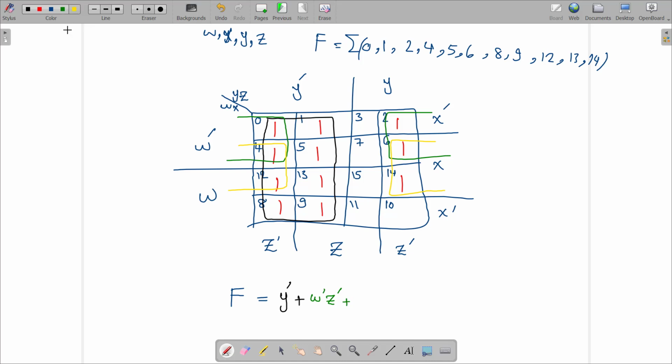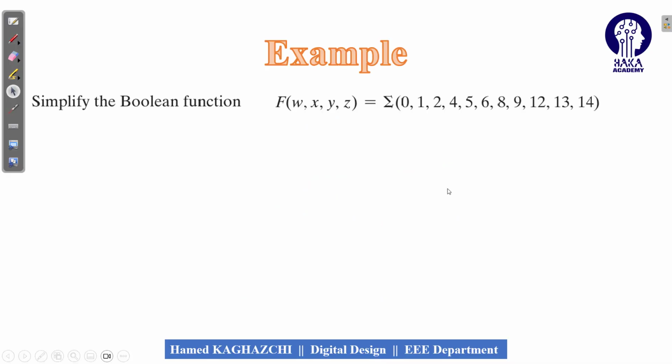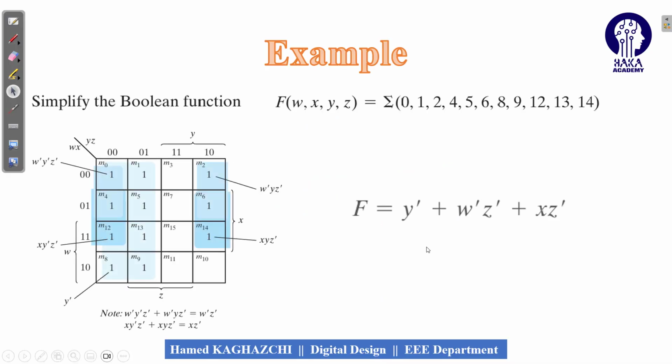Or in the yellow one, same thing happens, W and W prime. Look at here, here is W, here is W prime. I cannot write it because W changes. X does not change. Look at here, I can write X. And what about the other variable that does not change? Again, Y changes, Z prime does not change. Now I could find the simplest Boolean function in this form that you can see. And also here you can see the